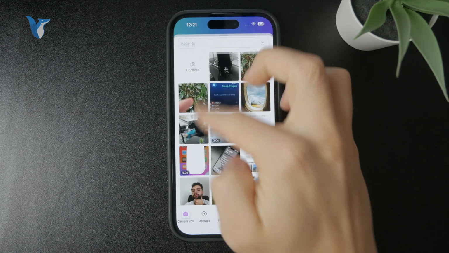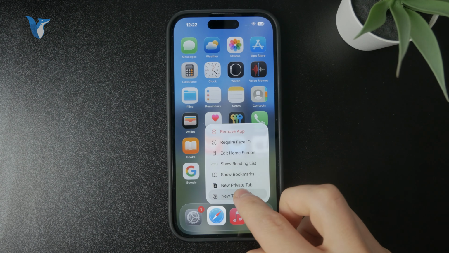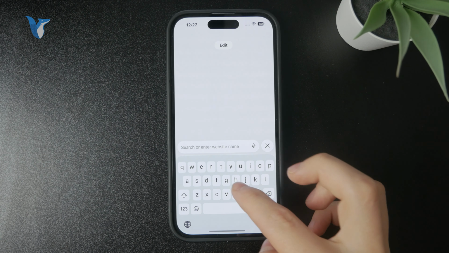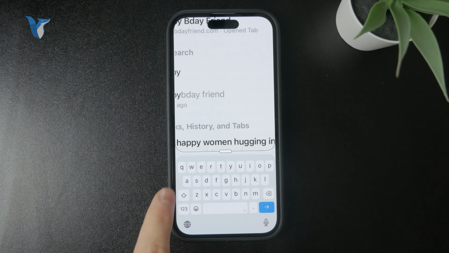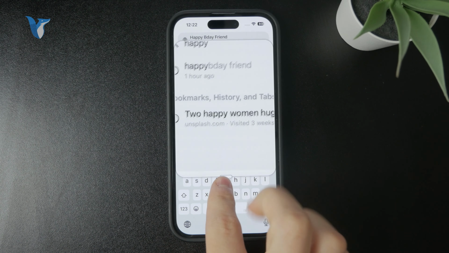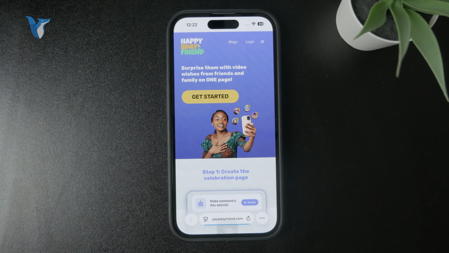And one more thing which I also want to mention is that there are other dedicated services for it. So if you look up the Safari search, and into the search you can type in Happy B-Day Friend. So that's a website you can look up, and this service is designed to come up